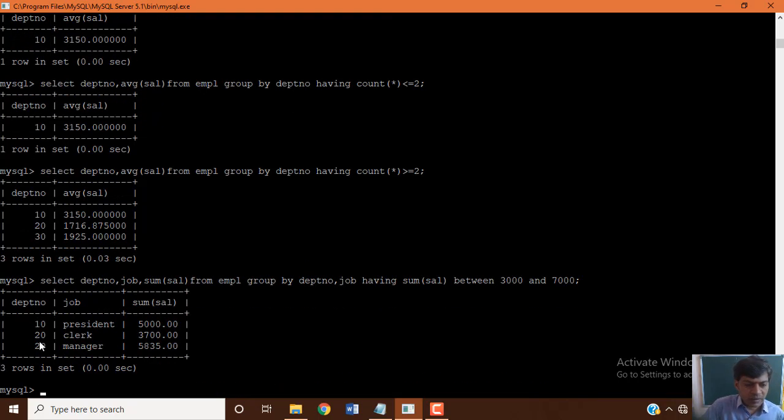So 10 department 1 which is having 5000, 20 department clerk which is having 3700 sum of salary. Okay, and 20 department clerk type and manager type sum of salary of employees gets 5835. That is the way you can calculate this.